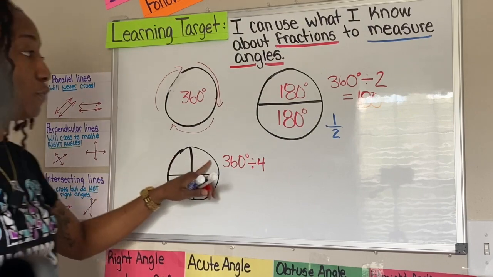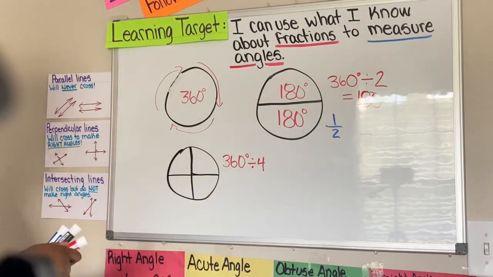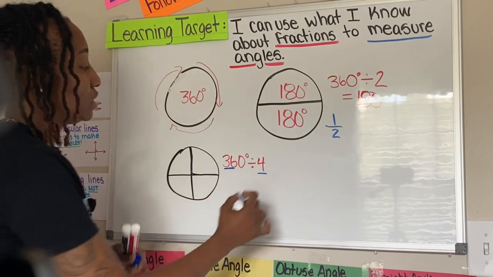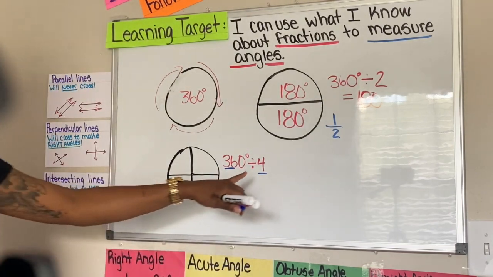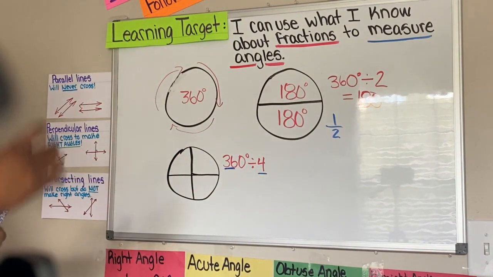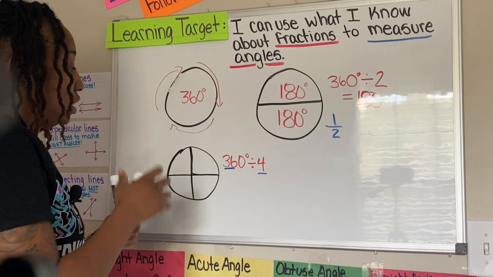That's the key thing, 4 equal parts. Looking at my basic math facts with 36 and 4, I know that 4 times 9 is 36. So I know that there would be 90